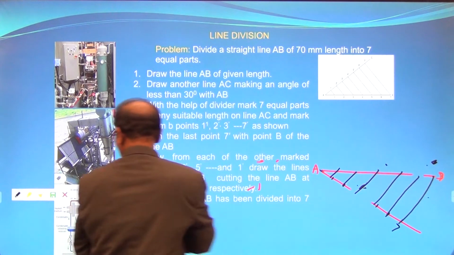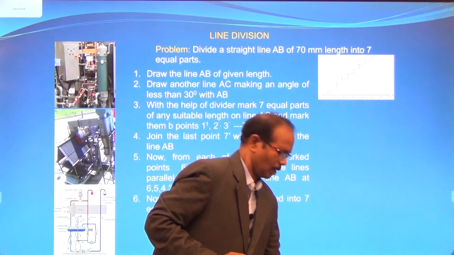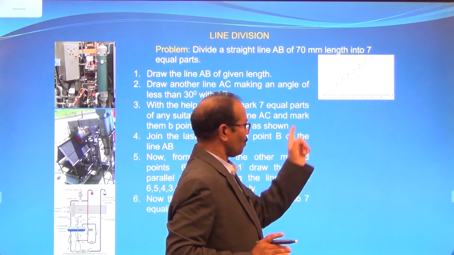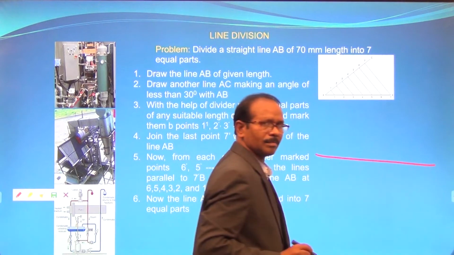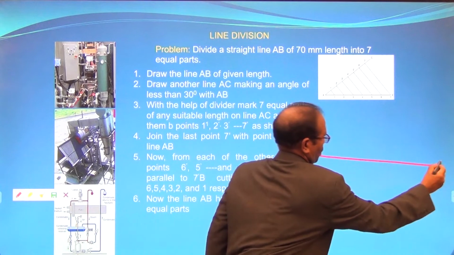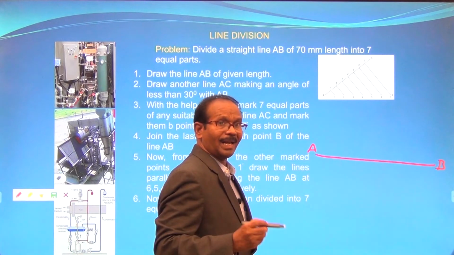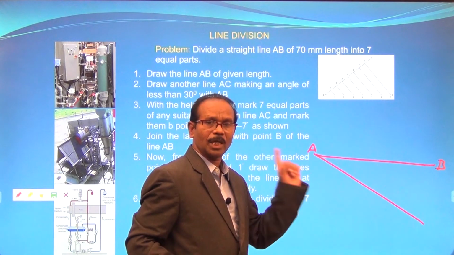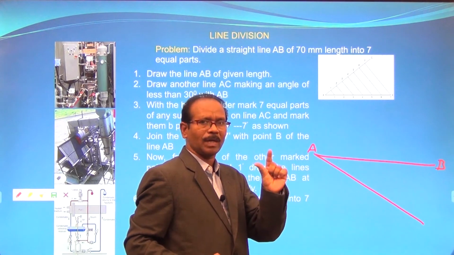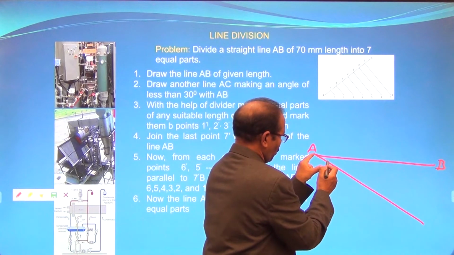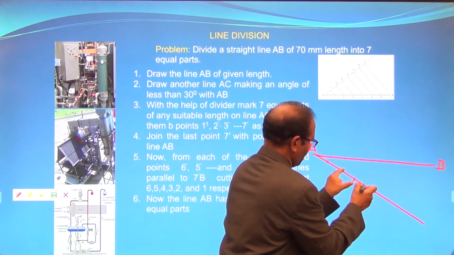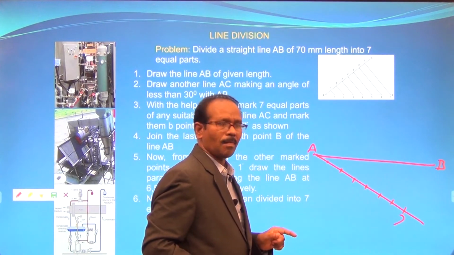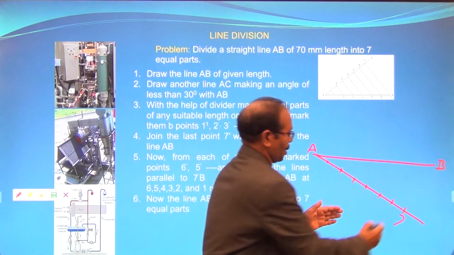Right. I repeat the same steps, as we need to finish this diagram. First draw the AB line and name A, B. Draw a random line. Divide this line into 7 equal parts, selecting a particular measurement. Say 1, 2, 3, 4, 5, 6, 7. Now draw a line 7 to B.